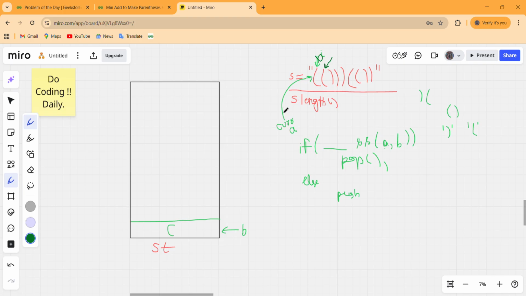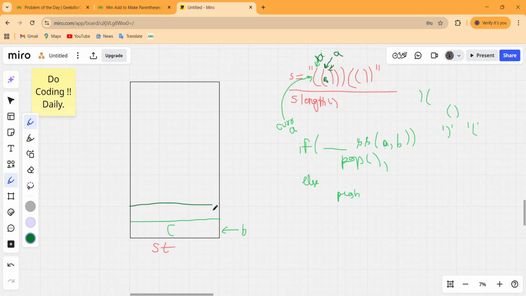Now again we have to check whether this stack is empty or not. This time the stack is not empty, it has some elements, but whether this condition is true or not, that means this is A or the current char and this is B or the top of the stack, whether this A and B are forming a valid pair or not. That means A must be a closing parenthesis and B must be an opening parenthesis, and this time A is an opening one, so this condition gets false.